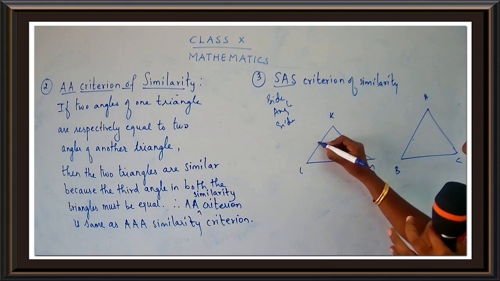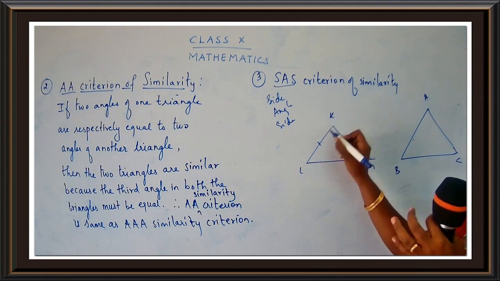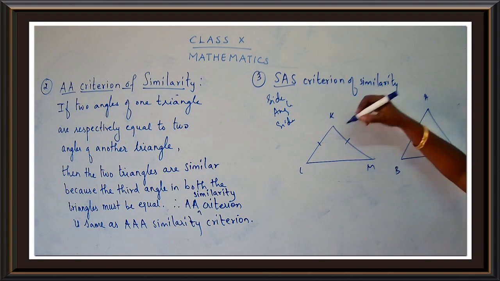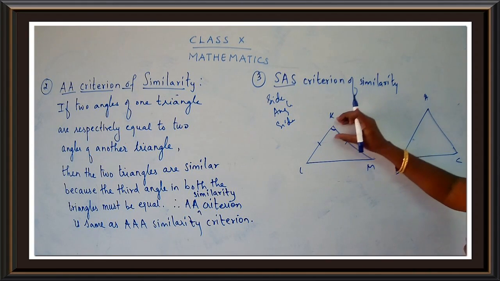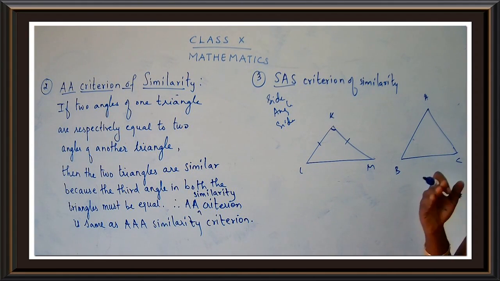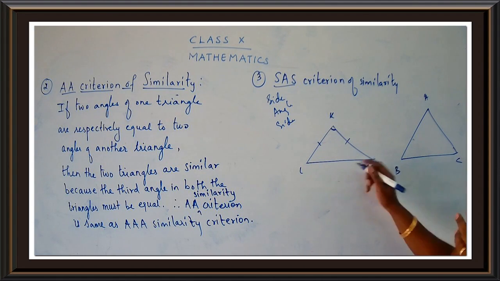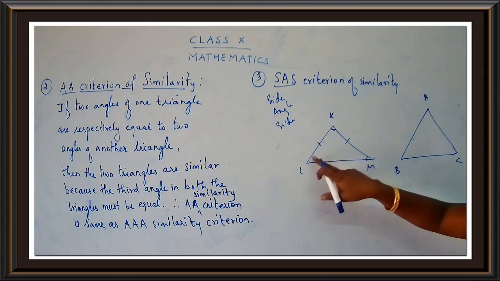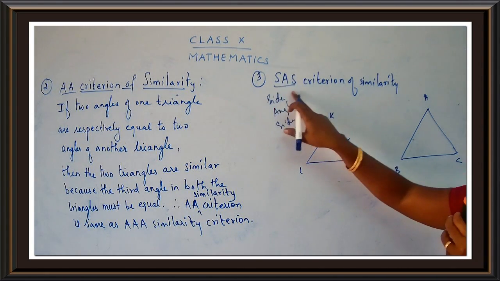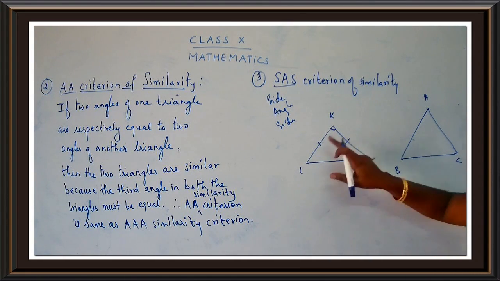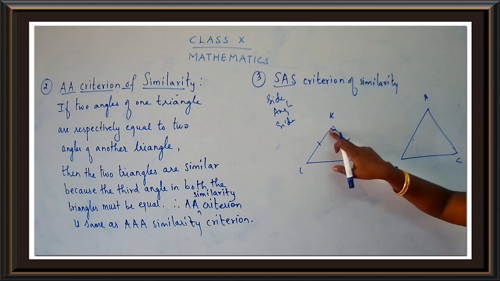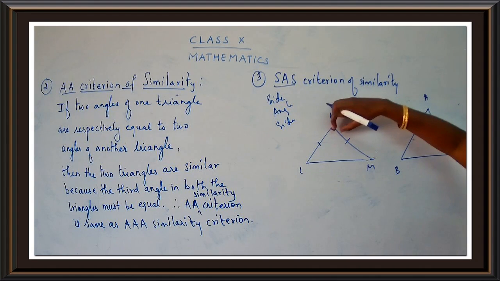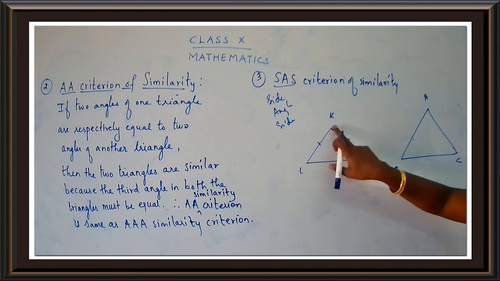So you have to take a side. Suppose if I am taking side KL and if I am taking side KM, that means I am going to consider which angle? I have to consider the angle K. Now this angle K is included. How is it? It is included between KL and KM. I just cannot choose M, because this M is not included between these two sides. So remember how to choose the angle. So when you say the particular similarity is SAS, when you have two sides and the angle is included between them. See here, KL, KM, and the angle is between the particular lines, that is KL and KM.